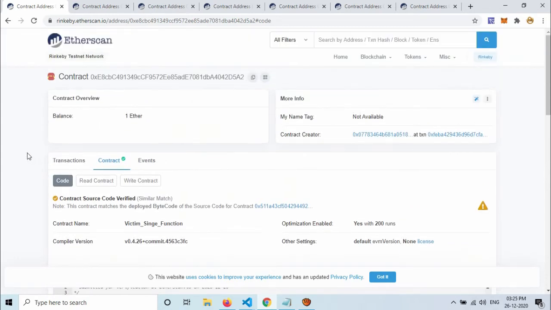So let us see how much ether is in victim contract. It is 1 ether.